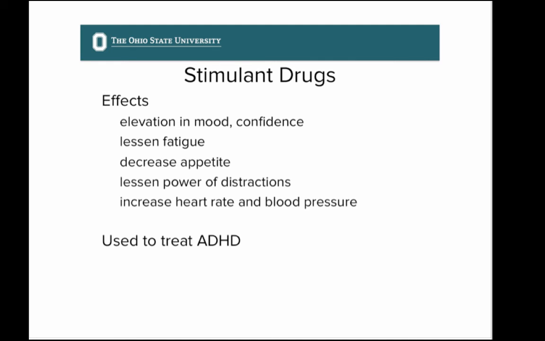The target for these drugs is a protein called the dopamine transporter. The drugs inhibit the dopamine transporter. Dopamine is a neurotransmitter in the brain, and we can think of the dopamine transporter as being the drain for the dopamine. So the dopamine is put into the signaling space and then removed through its drain, the dopamine transporter. If you block the drain in your bathroom sink, the water level rises. If you block the drain for dopamine, the dopamine level rises. So these drugs increase dopamine signaling in the brain.